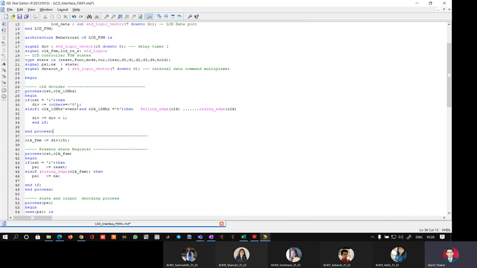So better let us stick to our original way of writing rising and falling edges. So originally we have defined a rising edge. So I will replace the entire thing with writing rising underscore edge bracket, and my signal is CLK underscore 12, and it is MHZ. Okay.